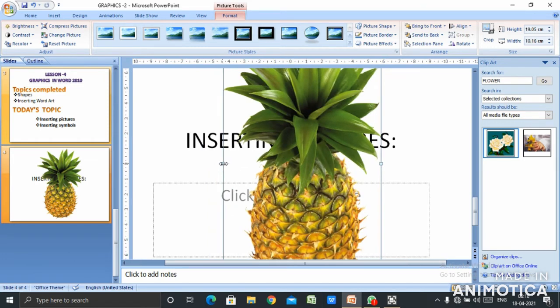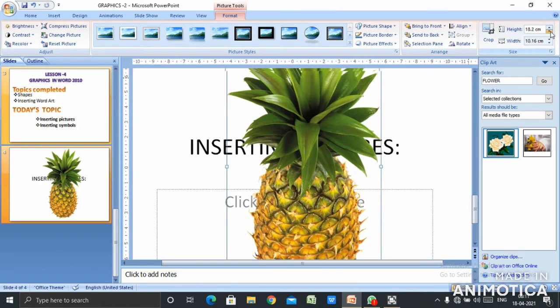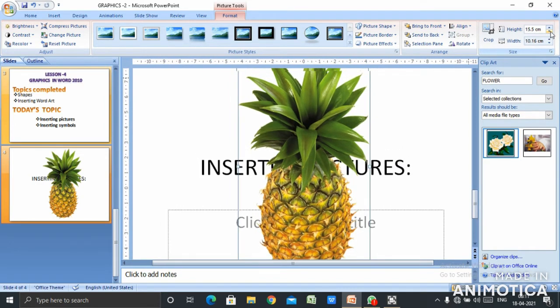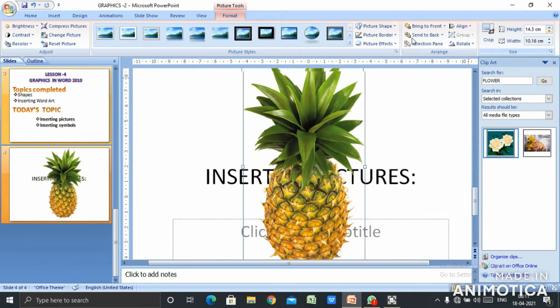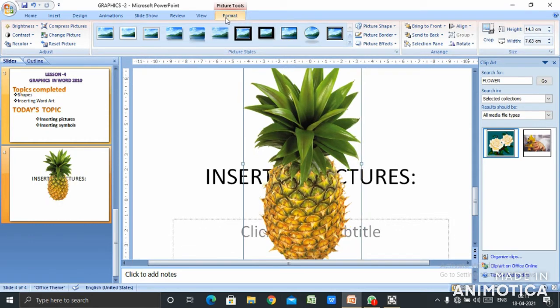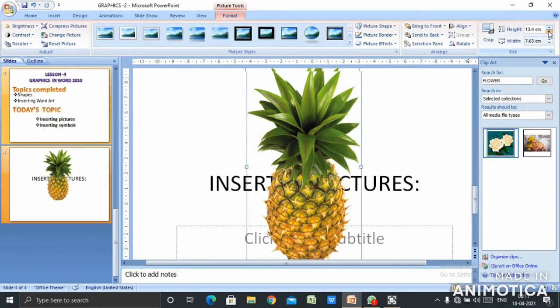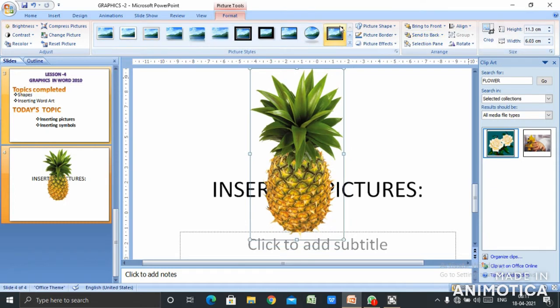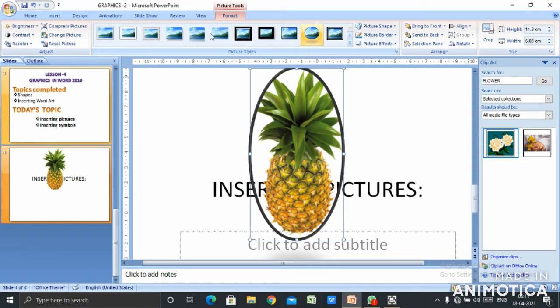This double-headed arrow is used to increase or decrease the size of the picture. You can also increase the size of the picture from the size group given on the format tab. Children, all the changes in the pictures are made from the format tab. You can see the format tab is given here. You can give a proper size or shape to your picture, like this shape, or you can give it a shape of this kind.